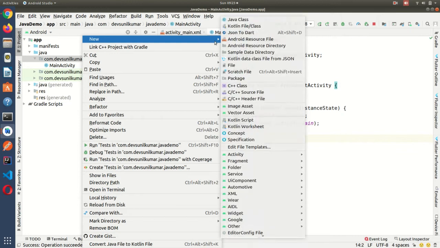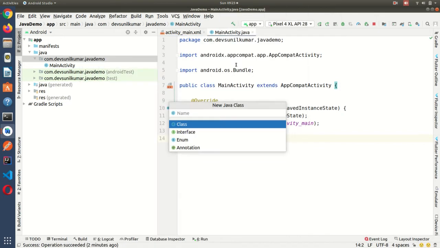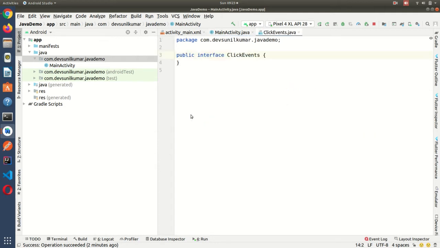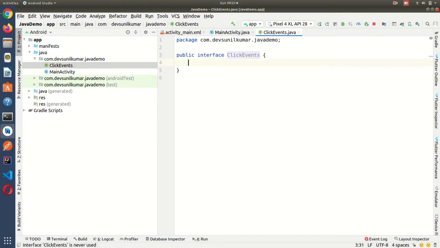I am going to create one interface in Java and the name is ClickEvents. Inside I am going to create one method, print, with a semicolon.